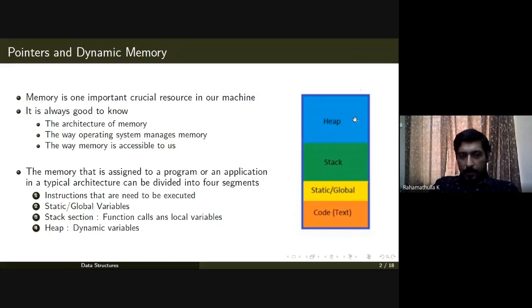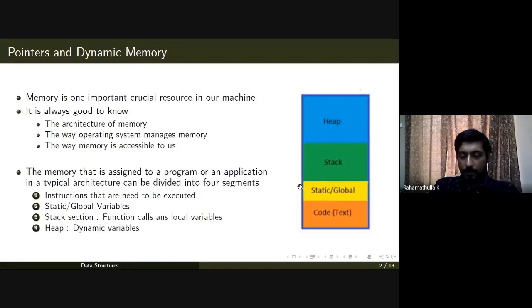The stack section contains all function calls and their local variables. If a variable declared inside a function is called a local variable, the scope of that variable is just inside that function.